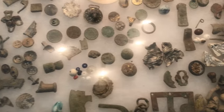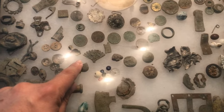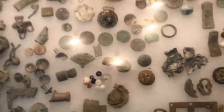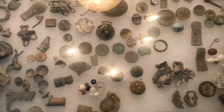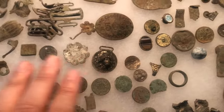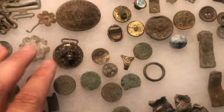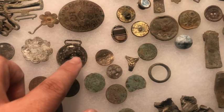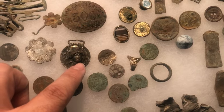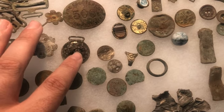And again, I think that's super important. And it's super important for posterity because this gives more information about what was on this site. So for example, I have multiple display cases from this site, but if I was thinking, what do these relics tell me? They tell me that there were some very well-to-do people who lived at this site, judging by the silver items, judging by the number of coins, judging by souvenirs like this pop-out watch fob, which was probably purchased at an event like the Chicago World's Fair or the Columbian Expo,